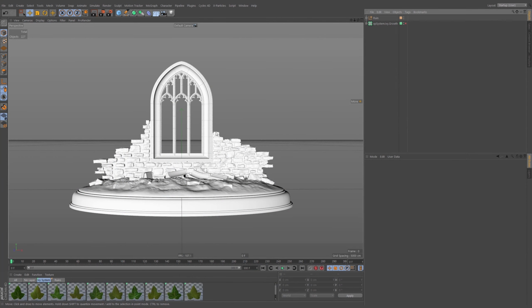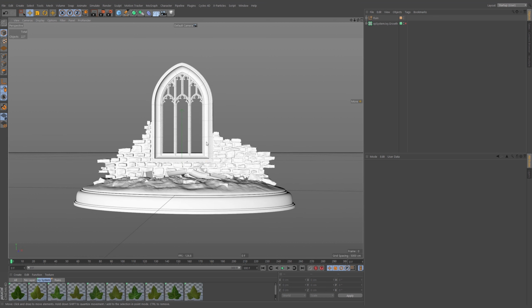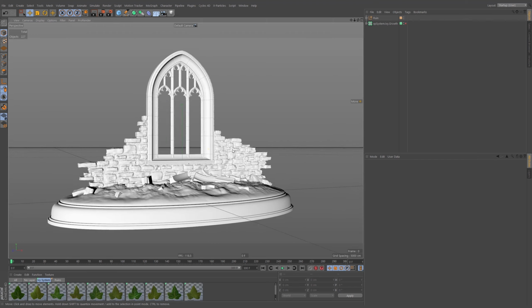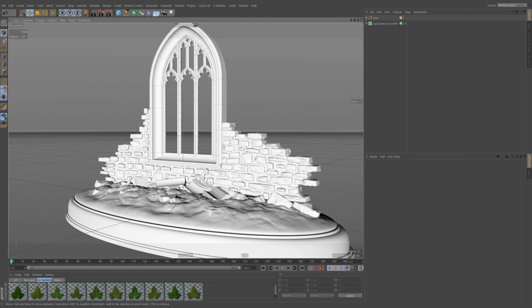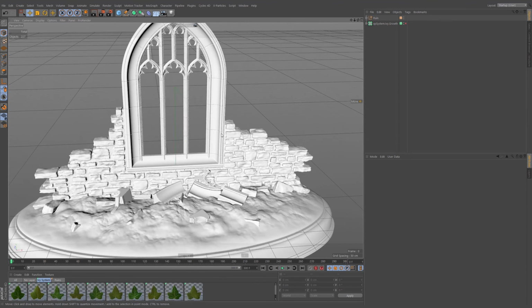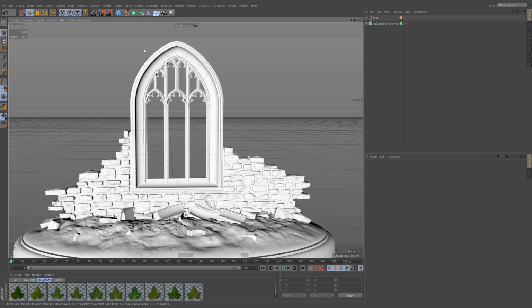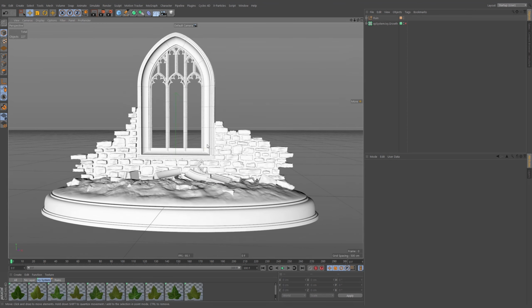In this section, we're going to look at actually growing our ivy up something a little bit more interesting than a cube. As you can see here, we have what I'm calling a ruins scene. I've sculpted this and bashed it together using different components. We've got this nice church window, which we're going to grow our ivy up. If you're following along, it doesn't have to be exactly the same asset,